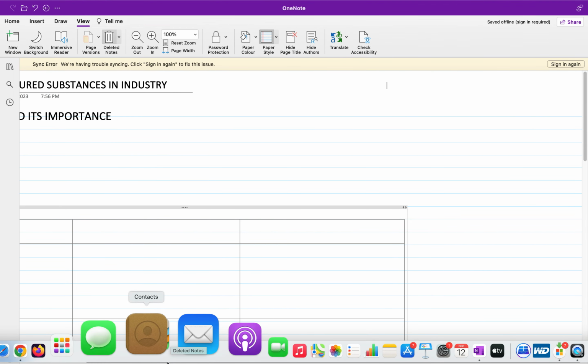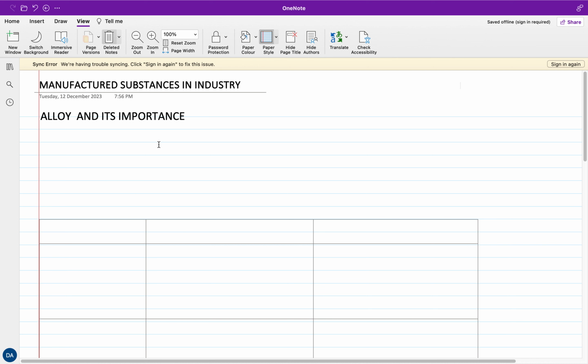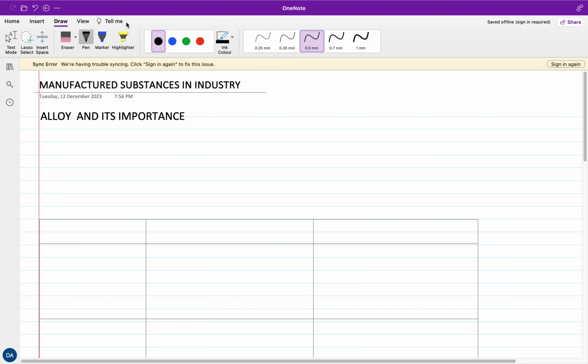Okay, we're going to start the lesson on chapter 8. Chapter 8, 8.1. It's about alloy and its importance. Okay, so let us look at the first part. We need to know the definition for alloy. Okay, so definition